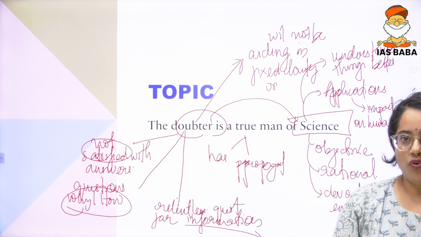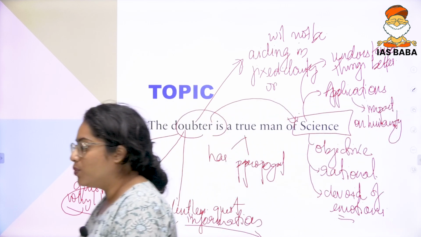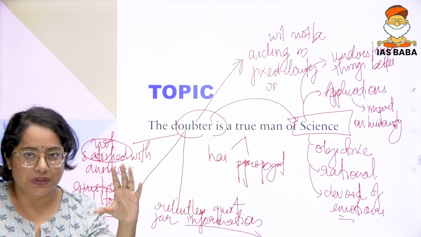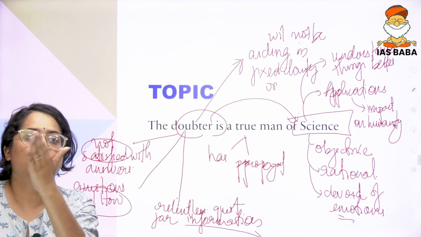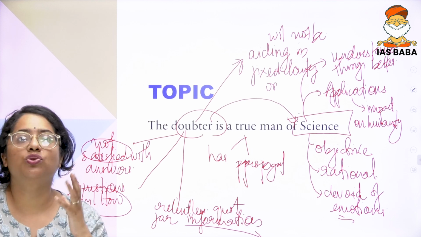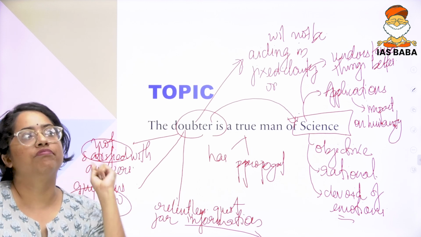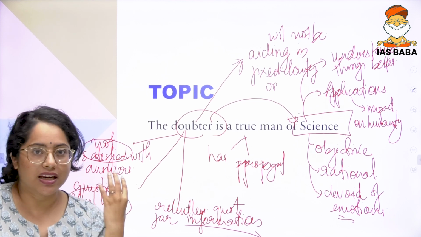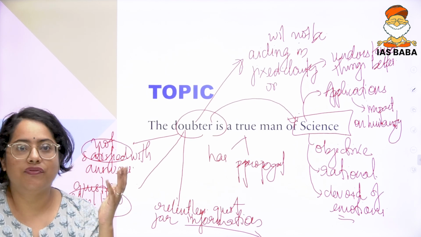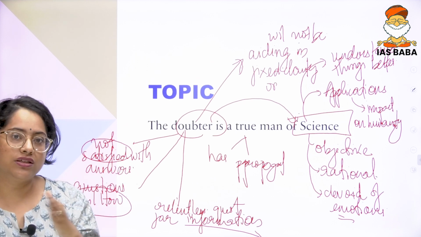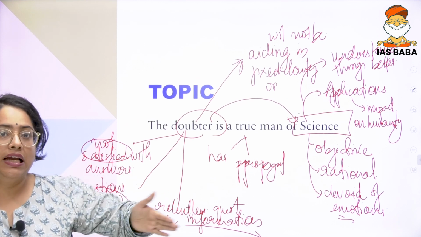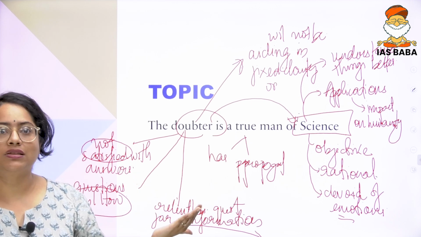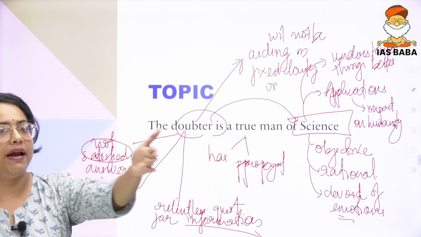Out of all the topics over here, in this topic you can explore how the different doubts in different aspects have given rise to different ideas. Now again, when I'm saying true man of science, take not just technology, but anything that we know from the beginning as an invention. For example, let's take the Harappan civilization and the concept that they had very clear sanitation measures. That would have come from a question, obviously, as to why, or isn't it better and neater if